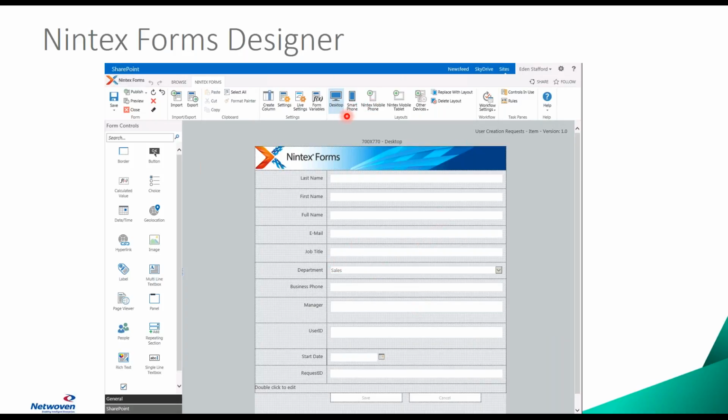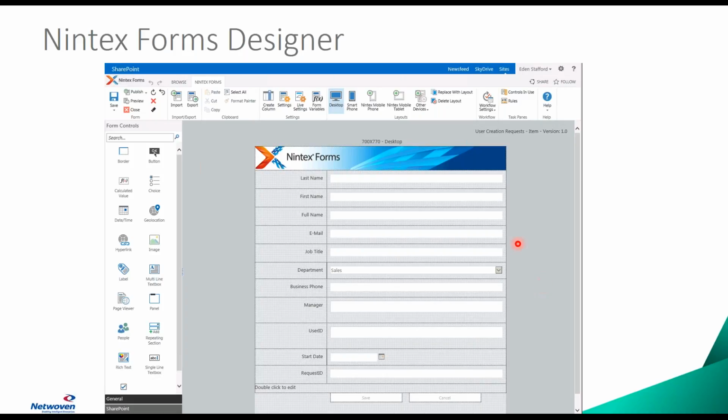What I want to point out at the top right here is you'll see that we can target smartphone, Nintex mobile applications, tablets, and a bunch of different other devices as well. So you can either go generic and target a generic form that'll work across multiple target devices, or you can be specific. If there's some specific device that you're trying to target, you can also do that as well. So it's up to you what you want to be able to do. I'll go through this when we're actually doing a demonstration of the live product, which I'm going to show you in a minute here as we go through this.